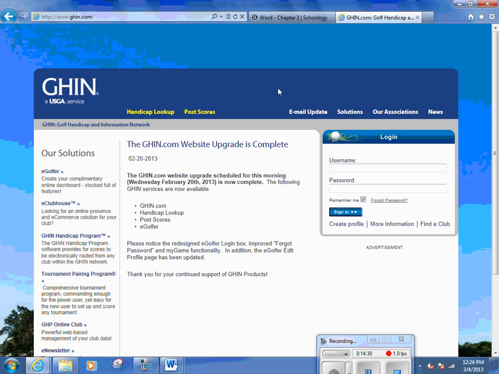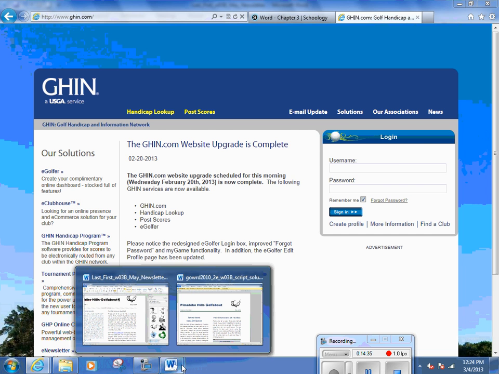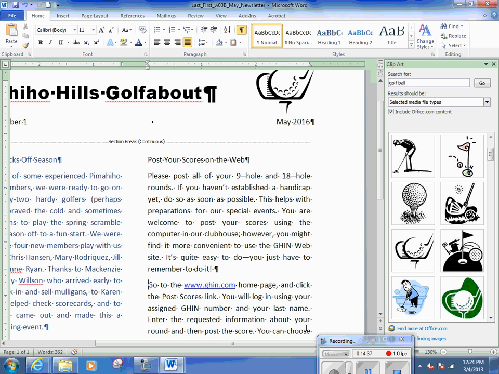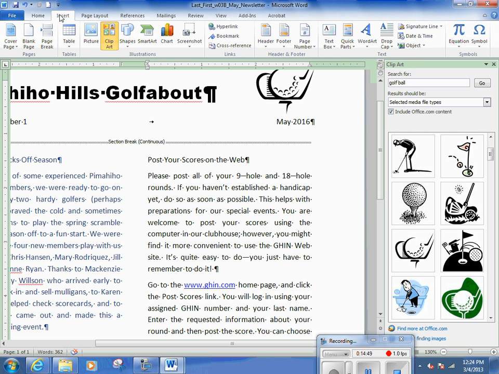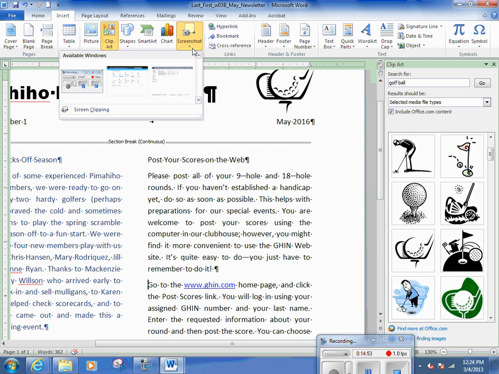Okay, from the taskbar, we're going to redisplay our newsletter. We're going to click Insert, and in the Illustrations group, we're going to choose Screenshot. Okay, so it will give us the various screens that we have available, and we're pointing to the browser that contains